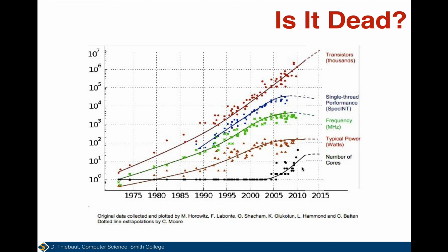And the number of cores, we talked about that when we were talking about von Neumann. The number of cores stayed the same until like 2005, when it really started going up to 16. So that was an effort to have 16 cores, but actually we're going to stay at a small number. So actually no, 10 to the 2 is 100. So that's 10, 20, 30. So that might be 64 actually right here, 64 and maybe 16. So we see that there were efforts, but we've reached the maximum number of cores here, and that limit